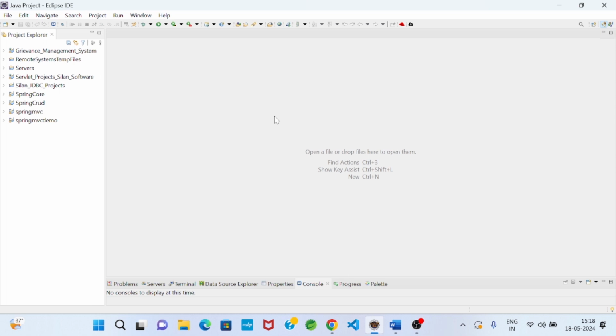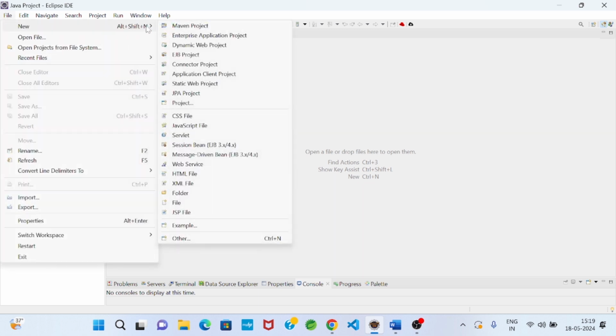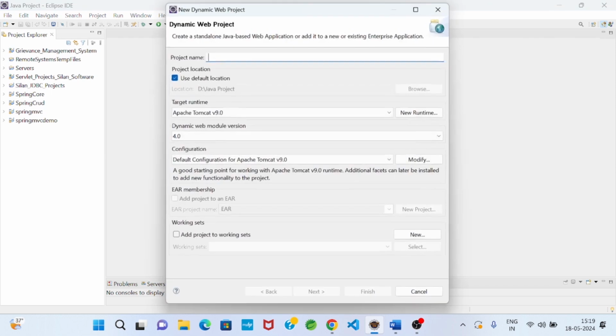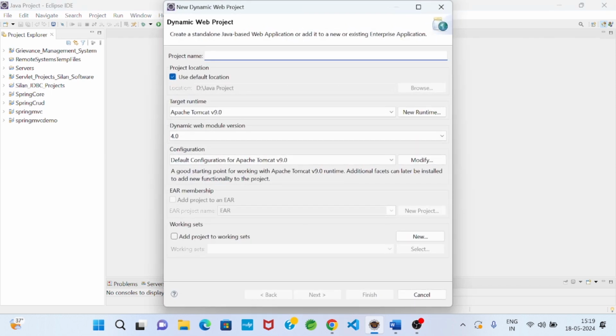So I will go to my Eclipse environment. In which way will we create a project? That we know: File, New, Dynamic Web Project. Project name, suppose, JSP projects.